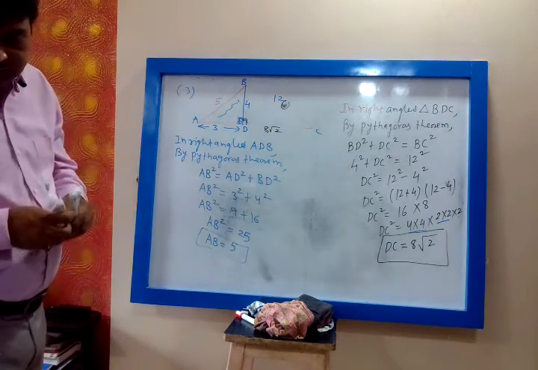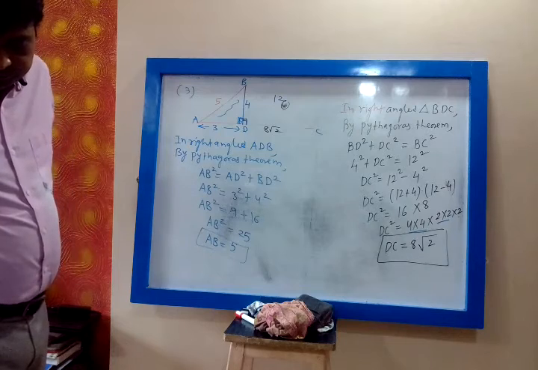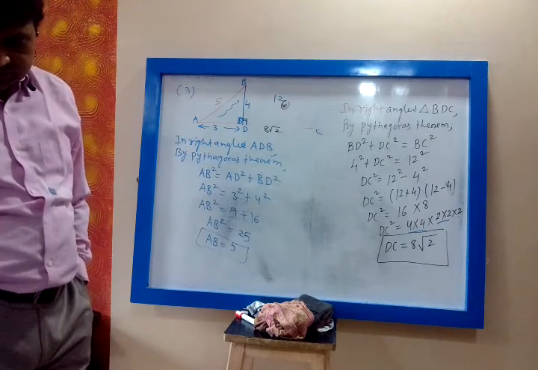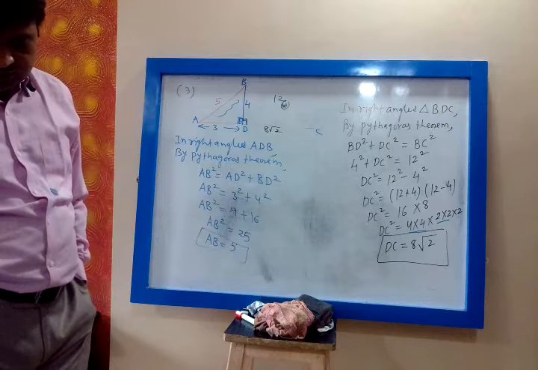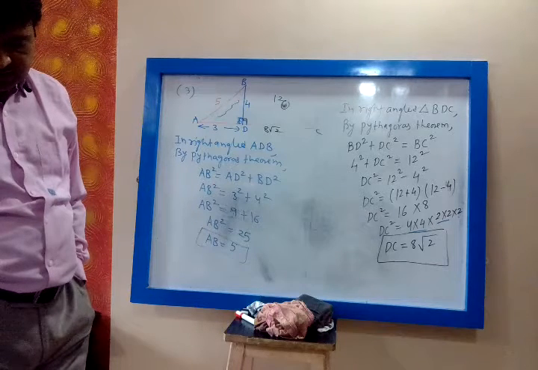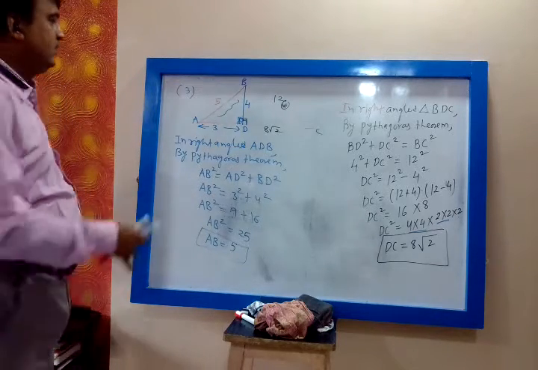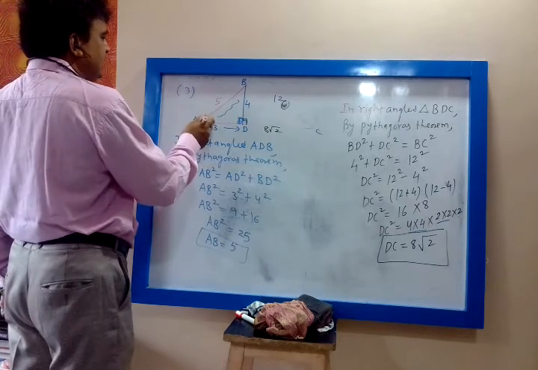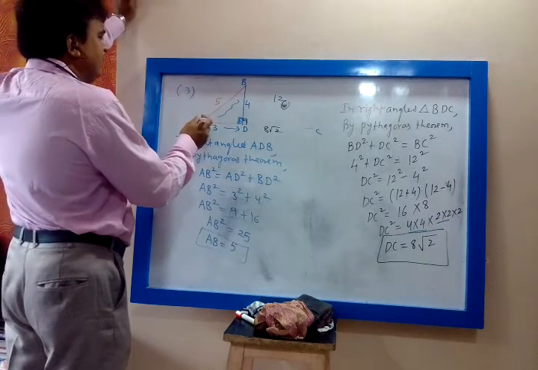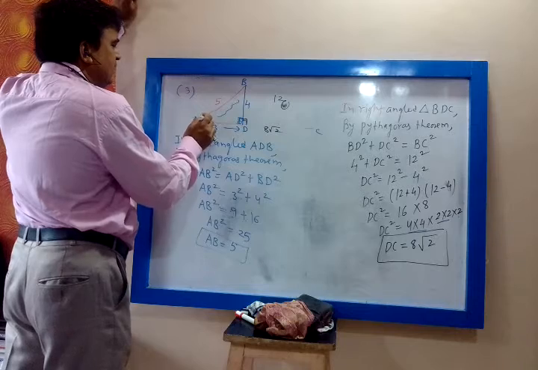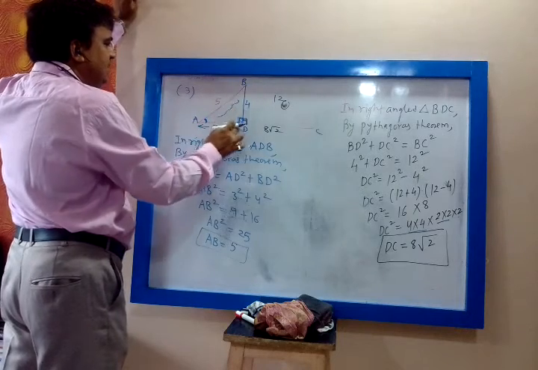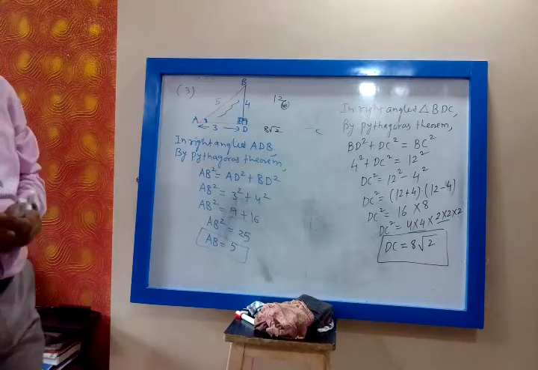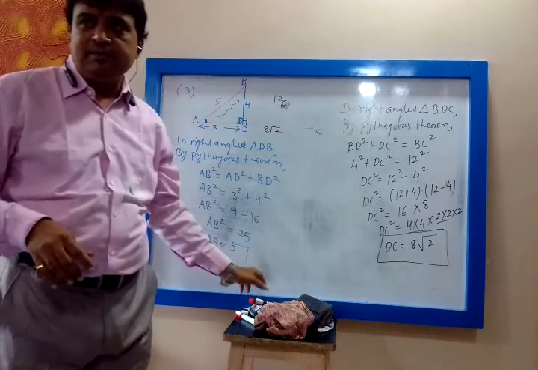Now you can find the remaining cos A. Now my A is the reference angle. Which right angle triangle will you consider whenever cos A is asked? I will consider right angle triangle BDA. So find cos A.